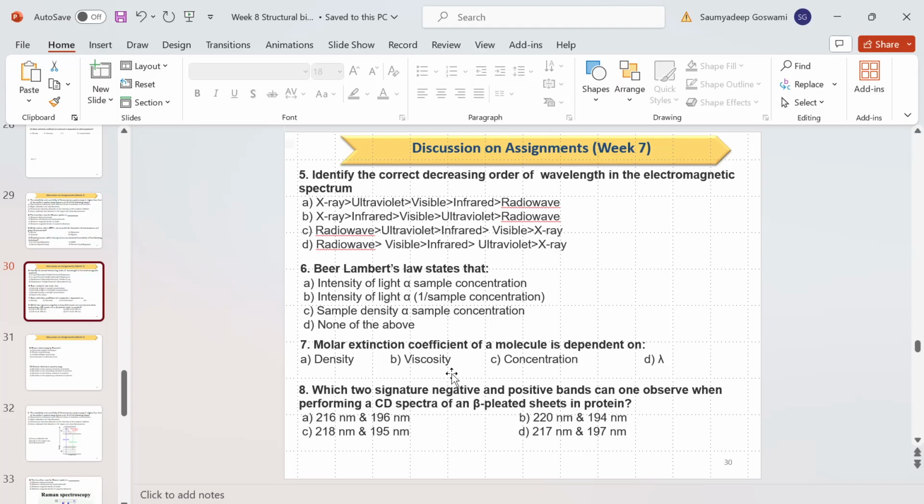So this question I found is not that clear. What answer did you give? Beer-Lambert's law states that... you gave option A, right? But it says intensity of light, so that is not clearly written. What does intensity of light mean, intensity of light absorbed or